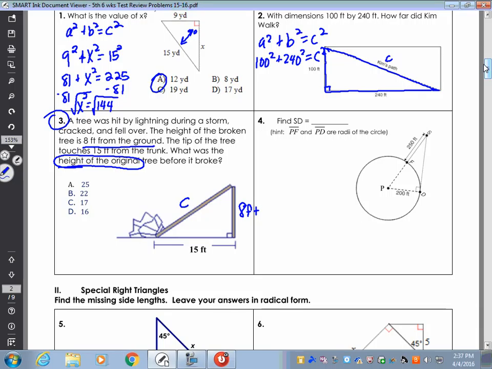Now, I gave you a hint on 4. It says PF and PD are radii. So that means they're both radius, so this would have the same measurement. So this would be 200. And then if you look,